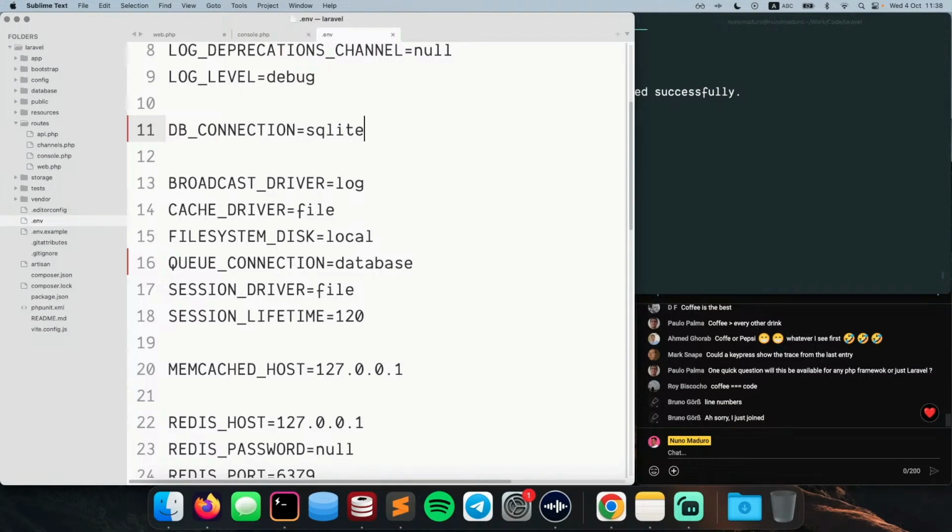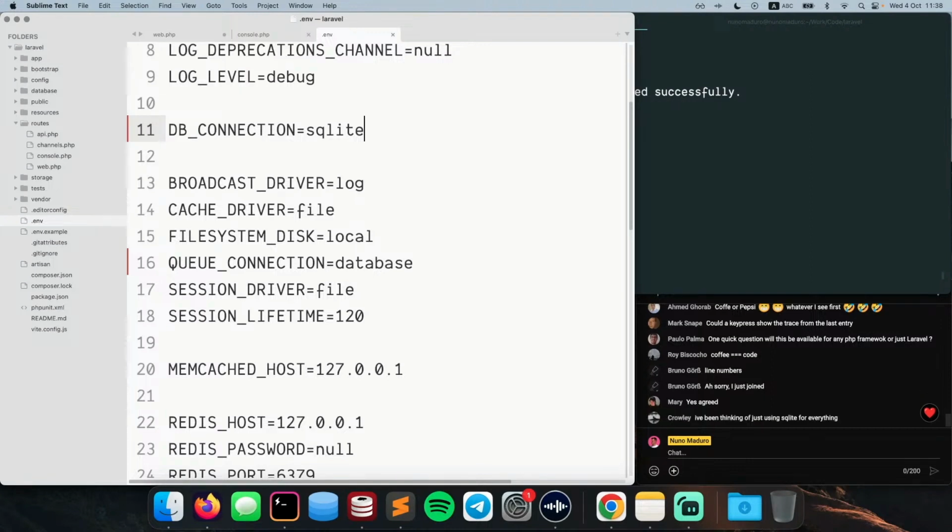And let me tell you something. Backups with SQLite is about just drag and drop the file. How crazy is that? You just have to copy the file, put it on your desktop or whatever, and that's it. Backup is done. How crazy is that, right? So I love SQLite, and I don't know why not everyone is using it, you know? You need to have a real reason to not use SQLite, you know? Anyway,